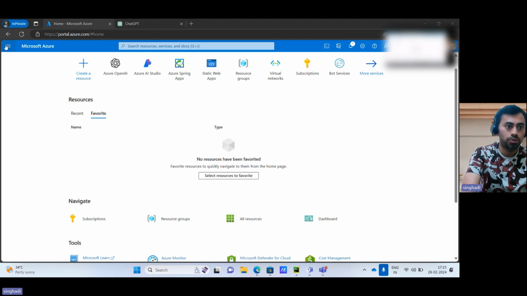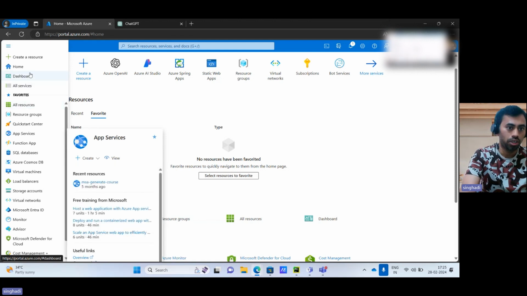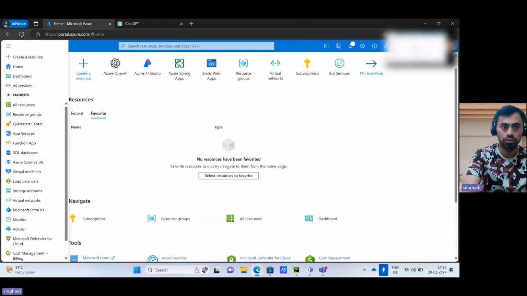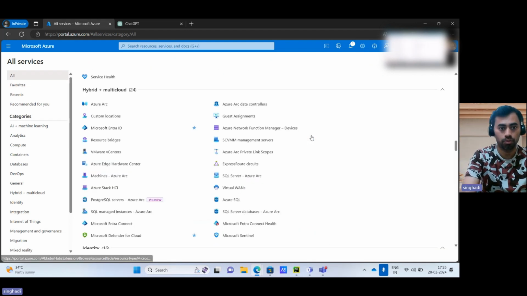Let me show you what are the different services provided by Azure. I have logged into the Azure portal, and if you go in this Azure portal and click here and click on All services, it will show you what are the different services provided